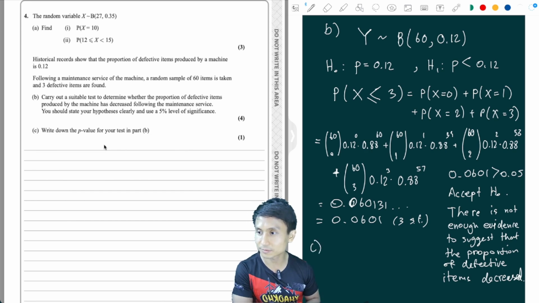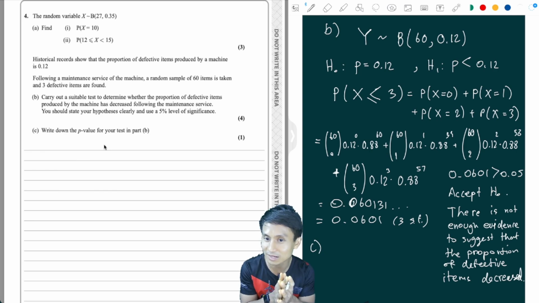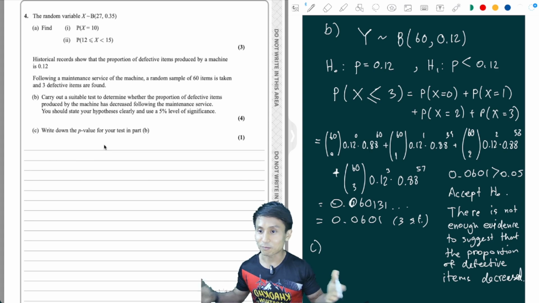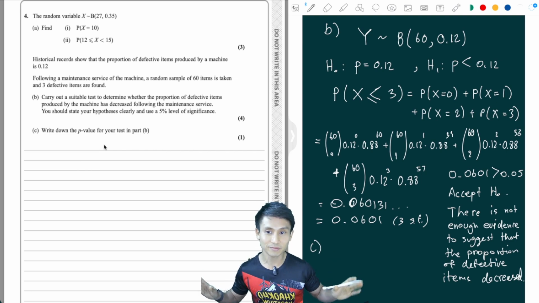And part C, I'm going to put it here. Write down the p-value for your test in part B. Well, basically this is asking for the probability that would have made this critical, right? So for example, if we were able to choose the significance level by ourselves, what is probably like the maximum level of significance? I mean, in reality, when this hypothesis testing concept is used in real life, the higher the level of significance, the worse, in terms of the level of confidence that you can be so sure that in this case, that